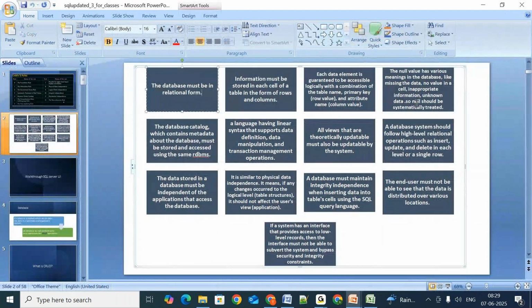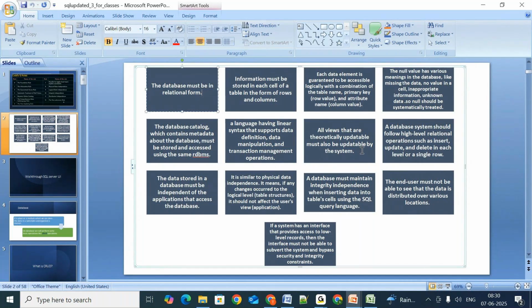One more thing is null values. In SQL, null values are specially treated. If you are working with nulls, always remember you need to treat the null systematically. Systematically in the sense what? Sometimes you need to remove the null, sometimes you need to add something to the null, sometimes you need to replace with null, sometimes you replace the null. All these things need to happen. This is also the fourth rule. And the database catalog,